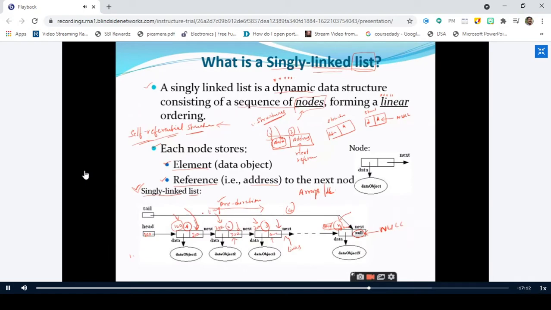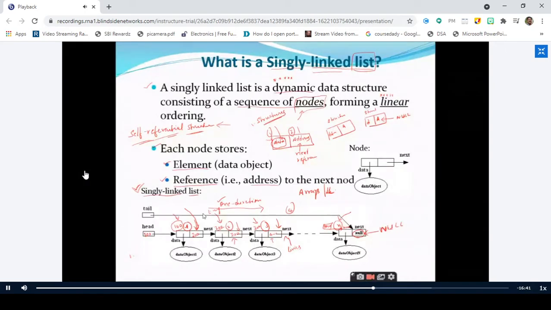Very, very important. Now tell me, can we call the linked list a linear data structure? No, sir. According to the definition, a linear data structure requires that the allocation of memory as well as the accessing of elements should be in a sequential fashion.